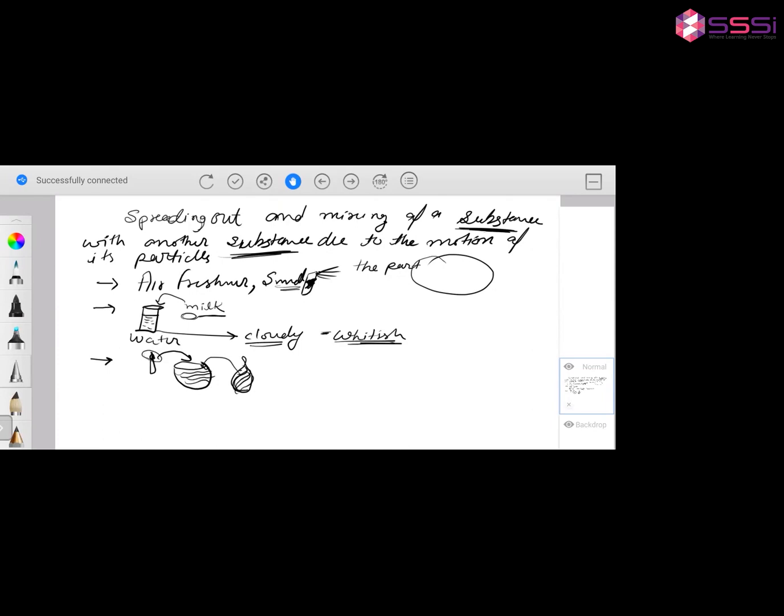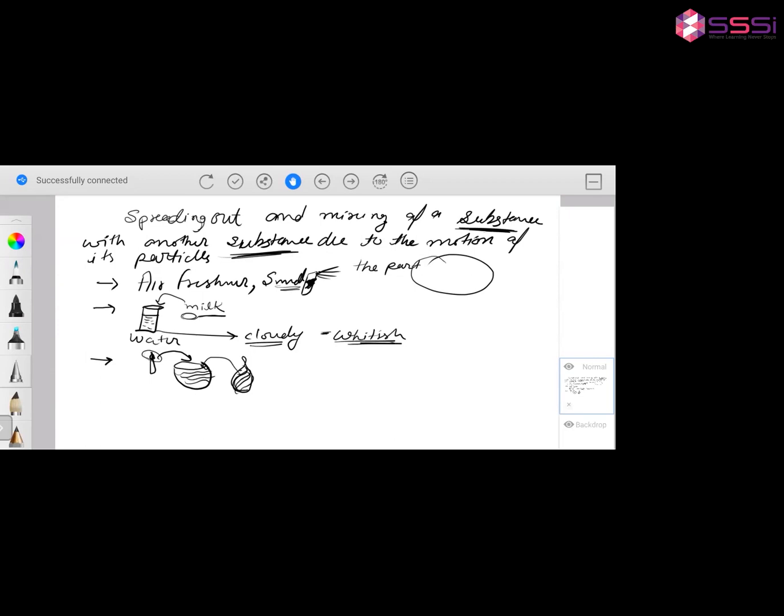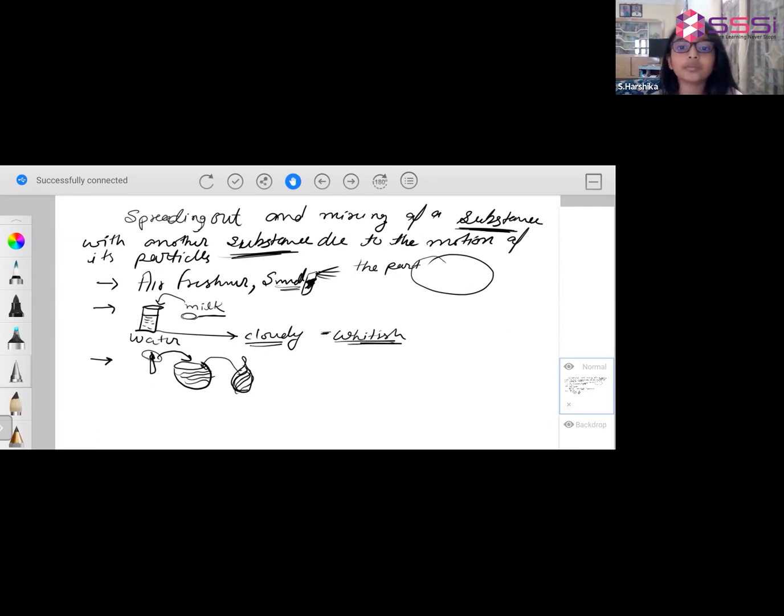Diffusion is not only spreading out, it is also mixing of a substance with another substance due to motion of its particles. Is it only spreading out, or spreading out and mixing of a substance with another substance?